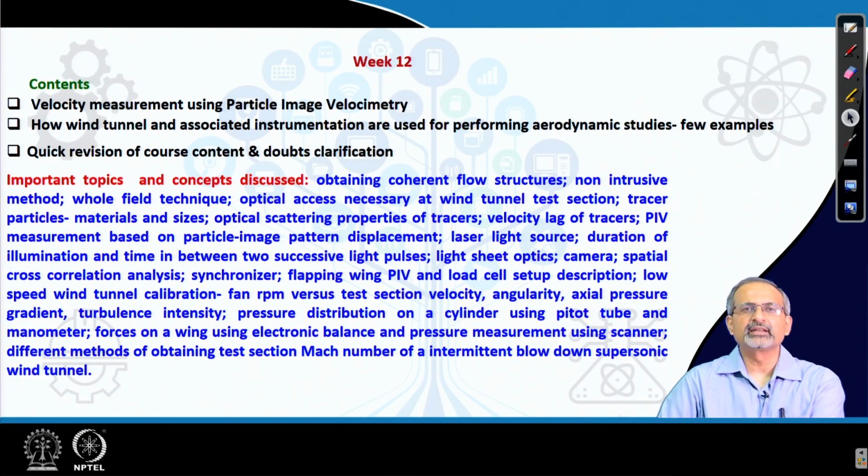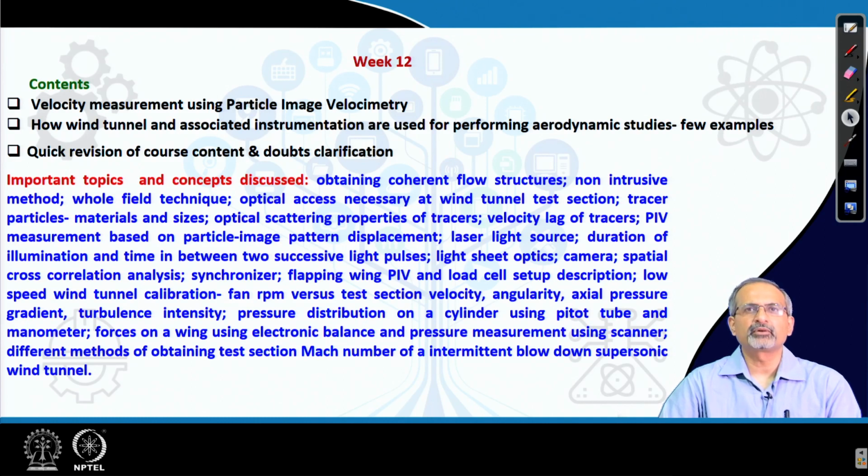Then to illuminate the tracer laden flow, a laser light source is used. We discussed how to choose the duration of illumination and time in between 2 successive light pulses, their significance, the light sheet optics, camera, spatial cross correlation analysis, the significance of a synchronizer, and then we ended the discussion with looking at flapping wing PIV and load cell setup description, and then moved on to low speed wind tunnel calibration, fan RPM versus test section velocity, angularity, axial pressure gradient measurement, turbulence intensity, before we